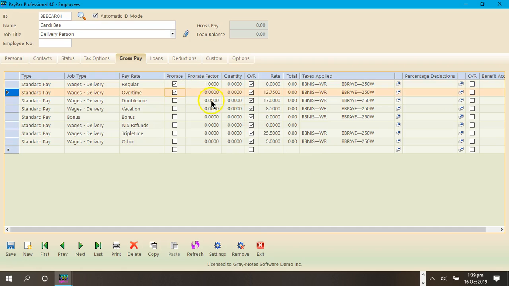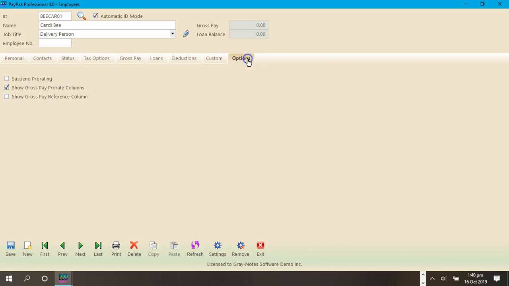Now this prompt comes up when I turn this on, and you may not always want that to happen because it can be a bit annoying as you change each one, which is why we have an option here to suspend the prorating. If you're changing an existing employee, it's like you have a fan and you're repairing the fan,